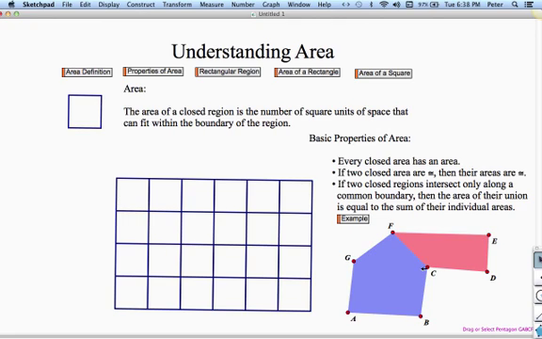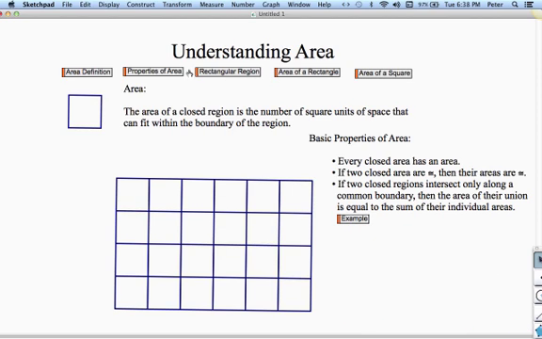Okay, so we have a screwy figure. It kind of looks like a trapezoid attached to the roof of a house. But what this last property tells us is that if we wanted to figure out the area of the entire figure A, B, C, D, E, F, G, we would simply add the area of the pentagon to the area of the quadrilateral. So the area of their union would be equal to the sum of their individual areas. Okay, so let's go back then to the